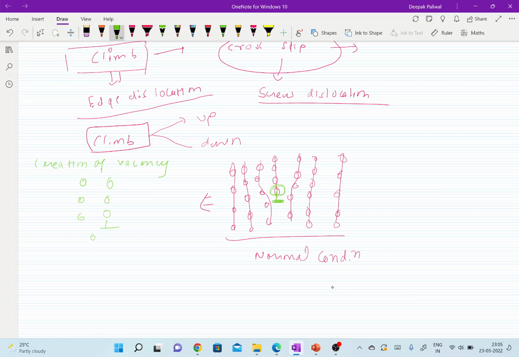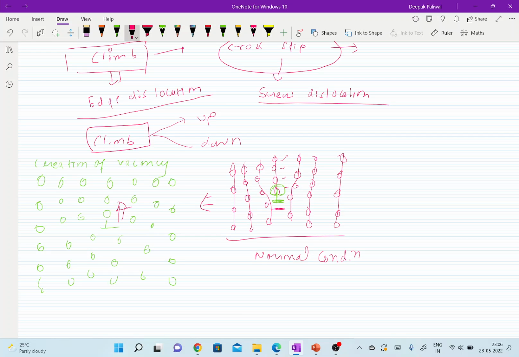Okay, and the remaining things remain similar. Like what we have observed here, the dislocation was at this position, like 1 2 3 4 position. At the fourth position there is a generation of vacancies. Actually the array of vacancies has been generated. So this dislocation moves up by a step. This movement of dislocation by a unit step is called the climb motion.